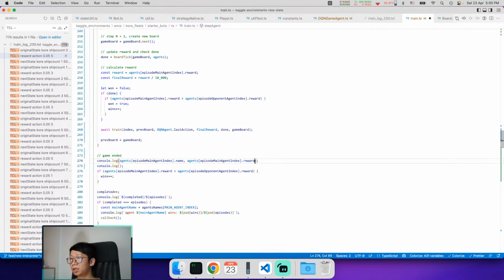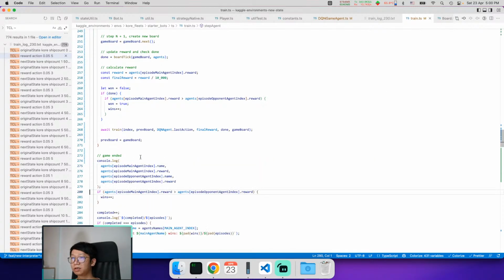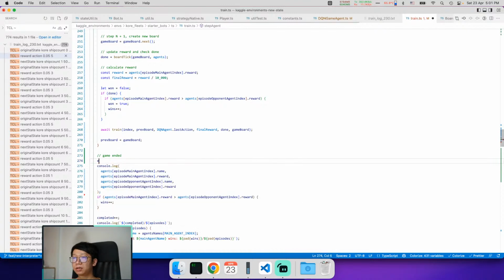Maybe we can do like a simple one like this, and then game log. It's gonna be index reward. Main index reward. The next state is gonna be